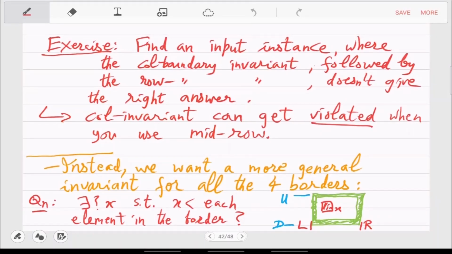So all I have to show you now is the pseudocode, or how to modify the pseudocode so that this is preserved at every induction step.